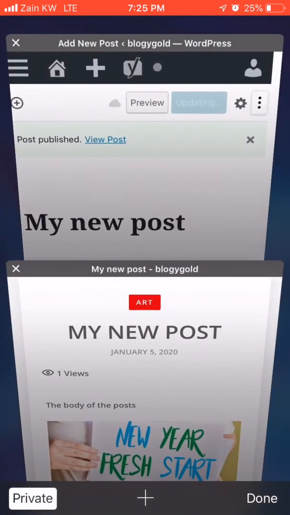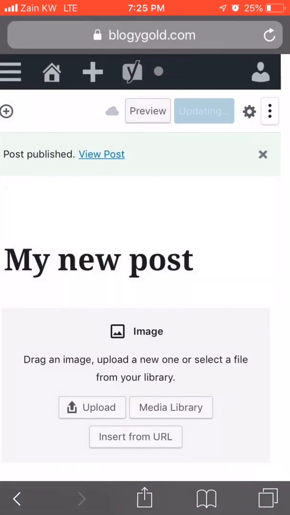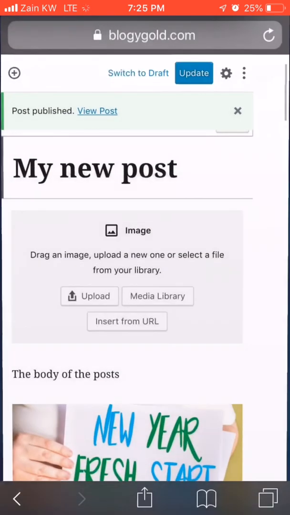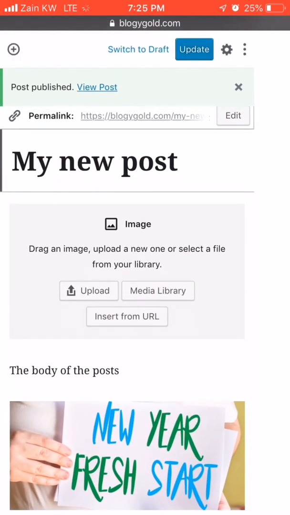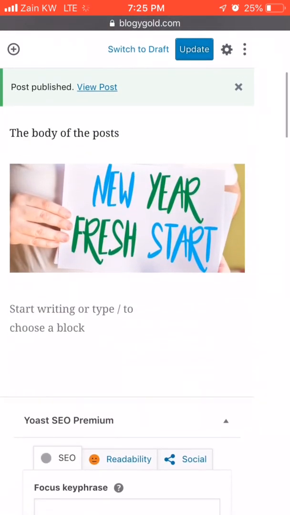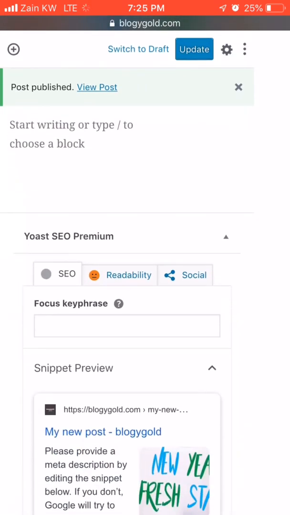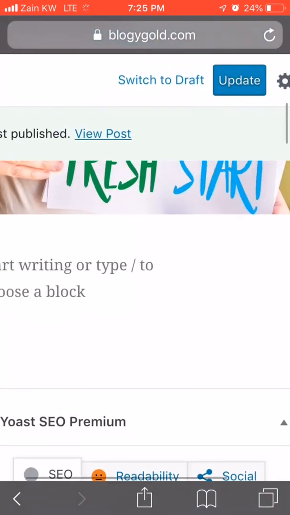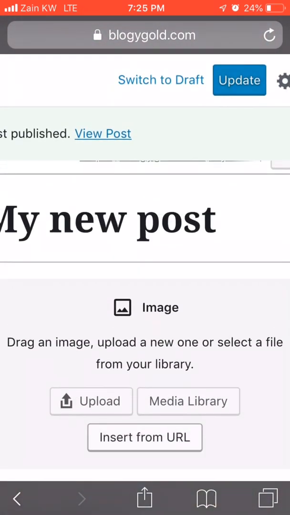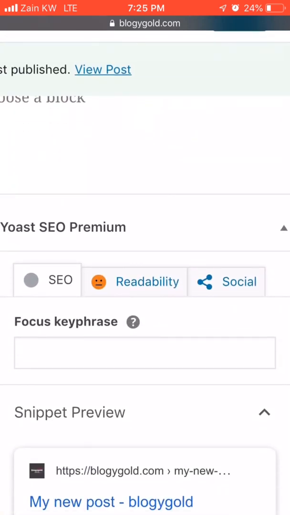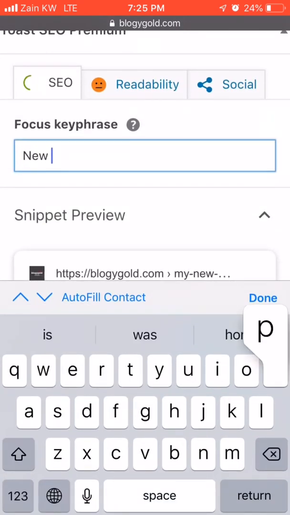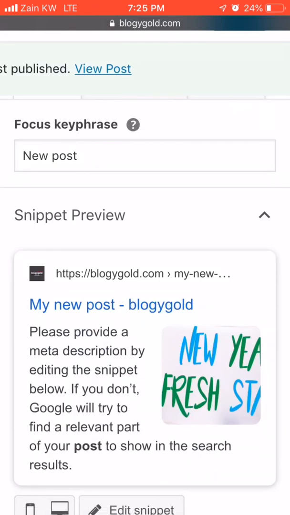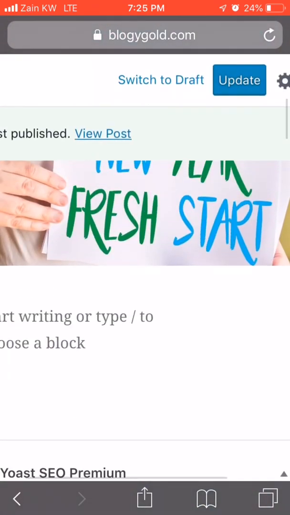So let's go back to the post and do the main important setting here, which is the focus key phrase. For example, you need to put the title here. It's about my new post, so you can say here it's a new post, and you need to put some